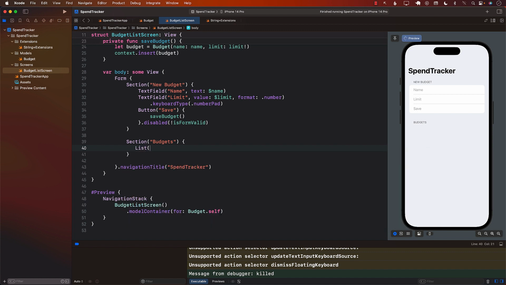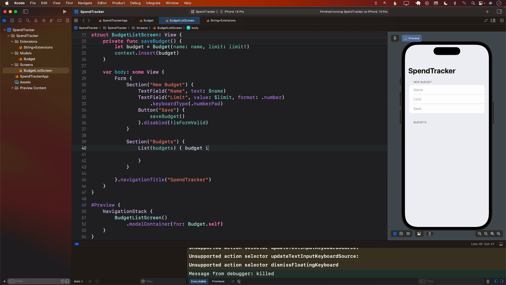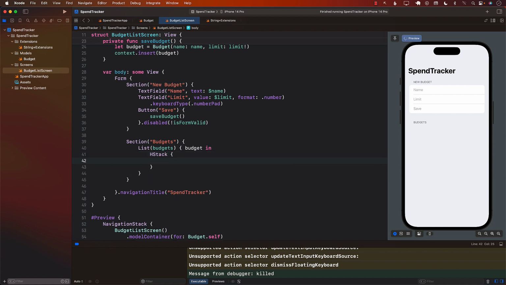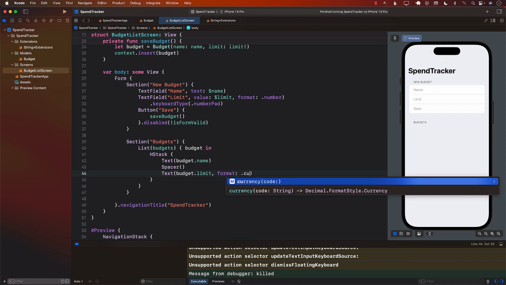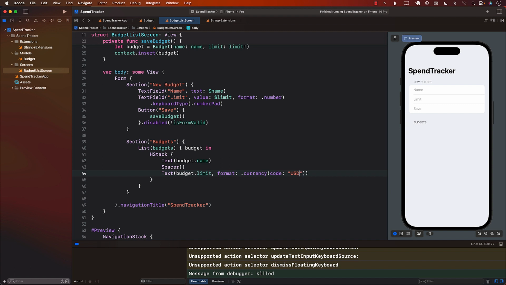So let's go back to listing all these things. I'll say budgets. I'll have access to the budget, and what we want to do is simply display the budget. So I'll display the name of the budget. The budget can have a name, a spacer, and we are also going to say budget.limit, and the format will be currency. Now over here we do have to provide some sort of a currency code. I'm just working with US dollars, so I'm just going to say USD,